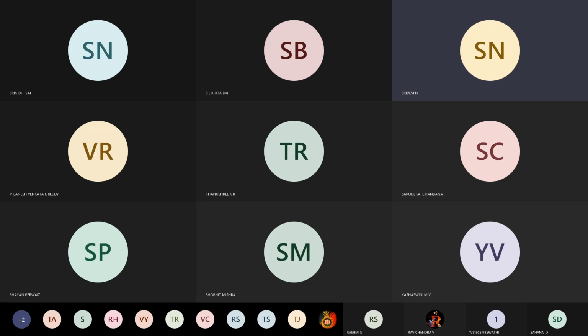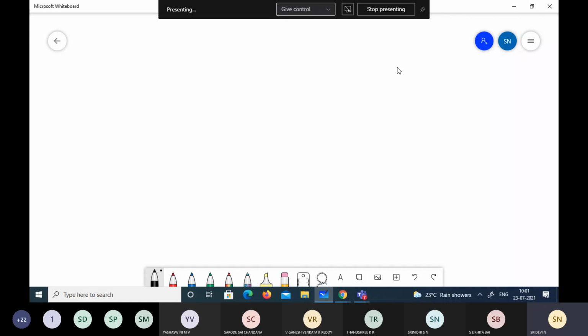A Hamiltonian cycle is a round trip path along n edges of the graph, given the graph G. It visits every vertex once and returns to its starting position. Okay, so if you have a graph like this,